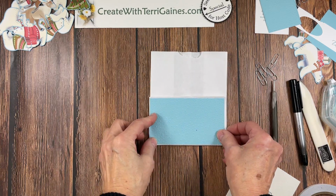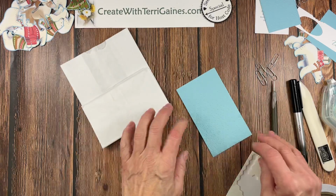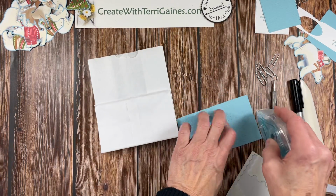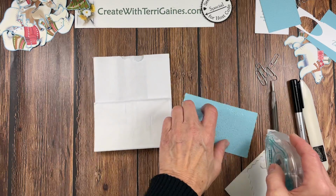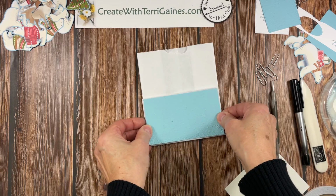So I did the same thing. I measured it. This lunch bag is the same size. And I can see that I didn't quite get that aligned very well, but that's okay. We'll make up for it on how we embellish the project. So what I'm going to do is take this and